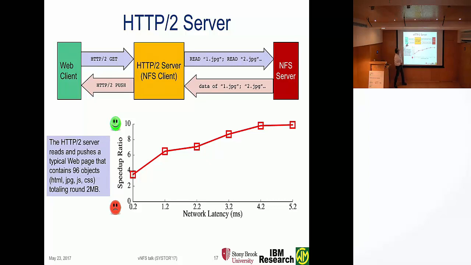So a web client can issue a bunch of HTTP GETs at once and get a bunch of HTTP results back from the server. Now, what if the server were an NFS client to an NFS server? So that basically the storage is not local to the server, but it's farther and farther away. And we were using our vNFS library with a workload that we measured to be realistic enough.